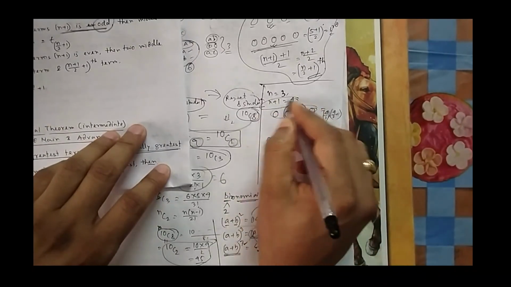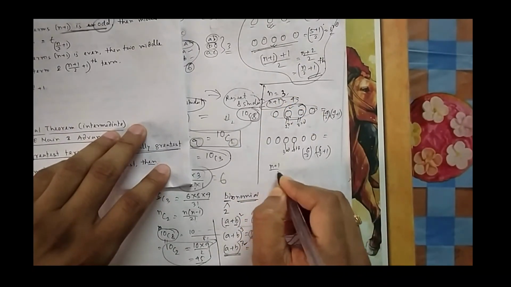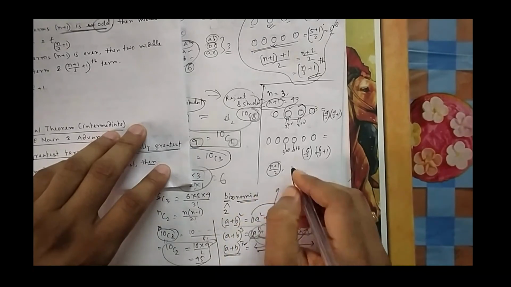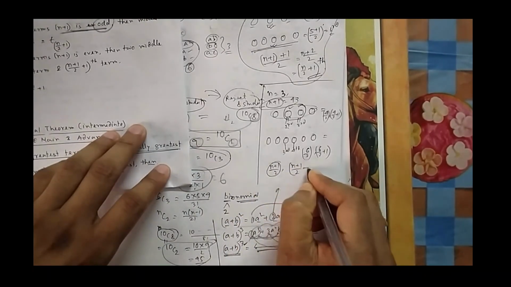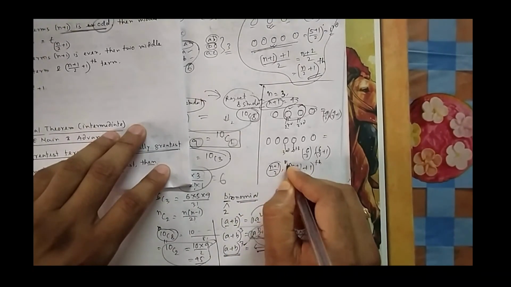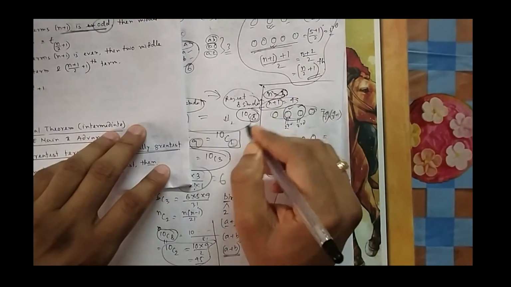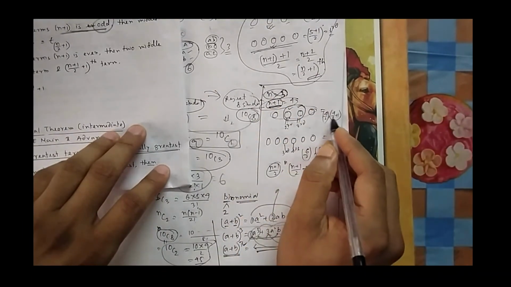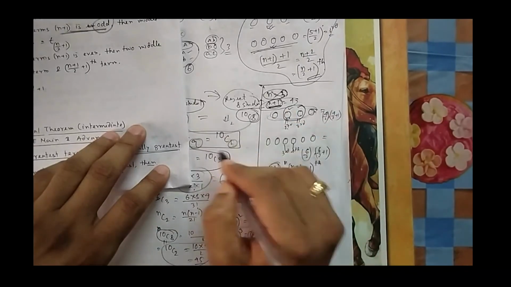So here the total number of terms is n plus 1. So what you will do is directly divide n plus 1 by 2 for one term, and once you know one, then you add 1 to get the next term. Because here the number of terms is not n. The number of terms is n plus 1. That means 4 is n plus 1 here. If you have the total number of terms, then you divide it to get the middle. So you can understand from here itself.